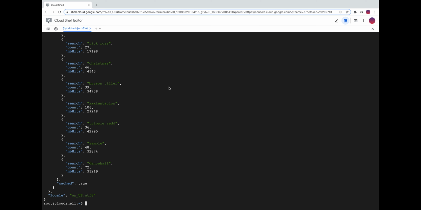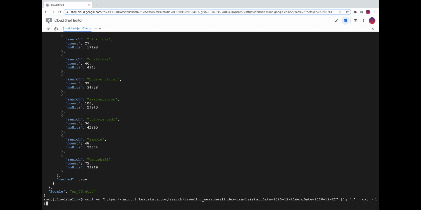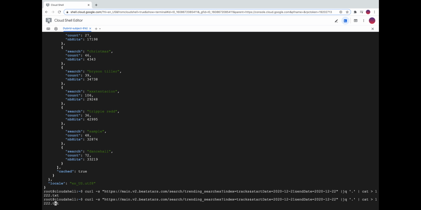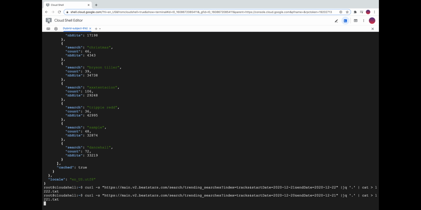So let's take another look at this. If we run this command again and then pipe it to another command called cat, and then redirect that to a file called 1222.txt, what that's basically doing is saving the output to a file called 1222.txt. So now if we go back a day, so 1221 is the end day and 1220 is the start day, and we save that to a file called 1221, we can compare the two files. So now we have two files. If we list them, they look like this: